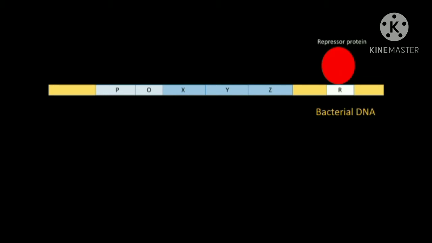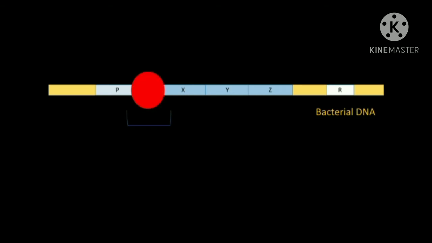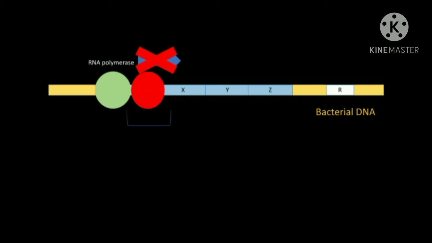By a gene regulatory protein, we mean a protein that recognizes a specific sequence of DNA and binds to that sequence with high affinity. So in this case, the repressor protein binds to the operator region and it blocks the movement of RNA polymerase from the promoter region to the structural genes. Thus, it turns off the operon. Because the presence and absence of this repressor protein affects the gene expression, it is called a gene regulatory protein. So, these are the four major parts of bacterial operon.